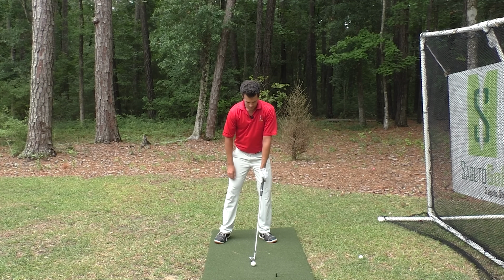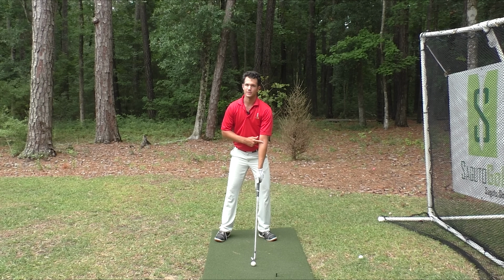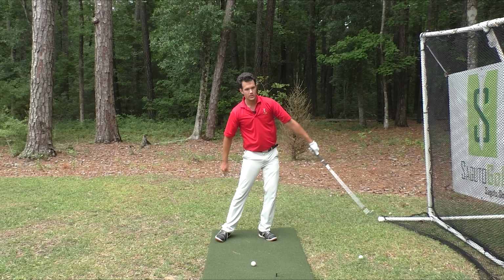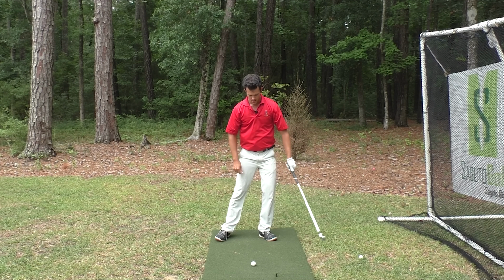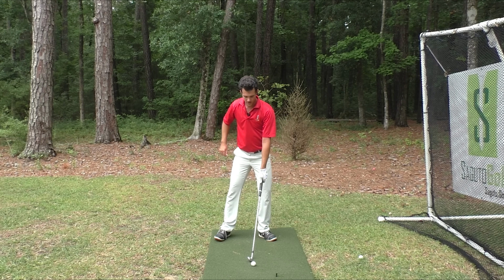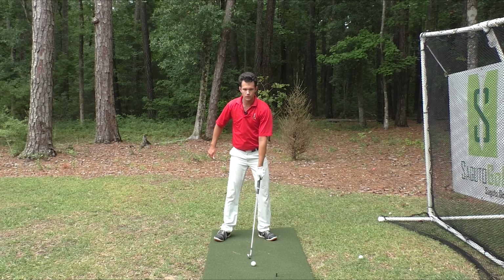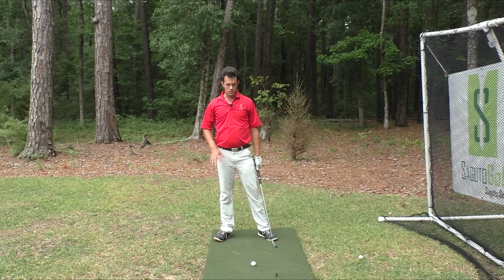Once you've got that set, just take your lead arm, extend it to straight. Now this arm should never bend. The length that it is right here should be the same at the top and on the way through to here. That is critical. Look at my weight when I do that. The weight doesn't sway, shift. No, in fact, the weight just stays in place. So if you can keep the weight in place and swing the lead arm straight, you can do this drill